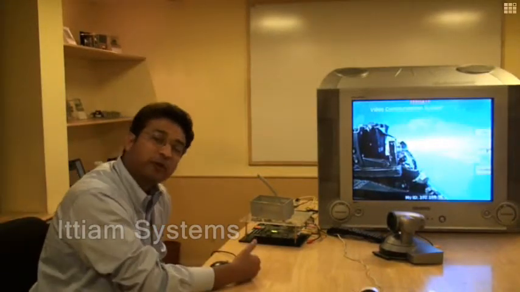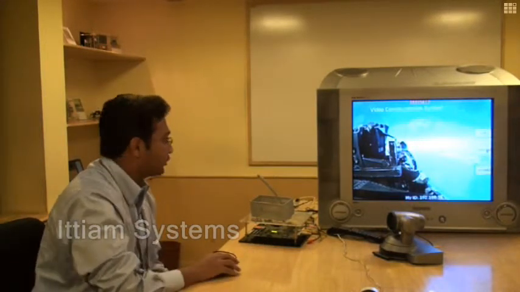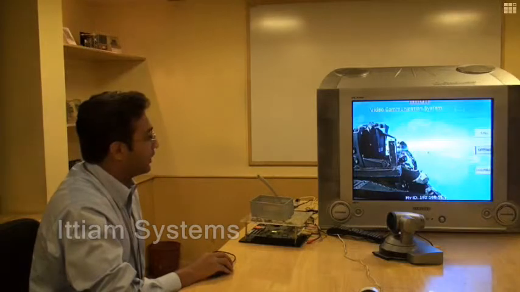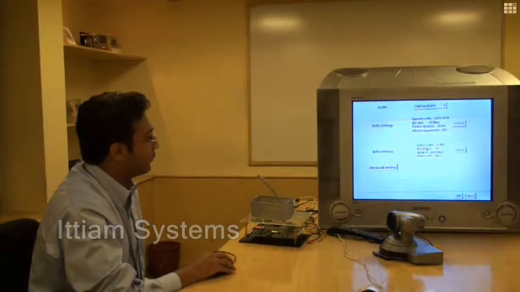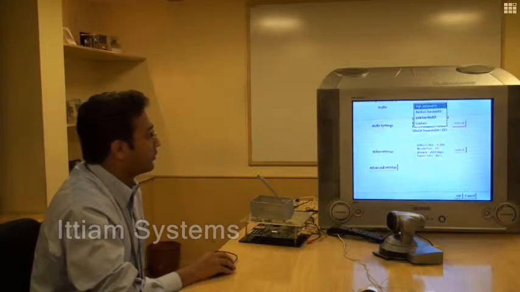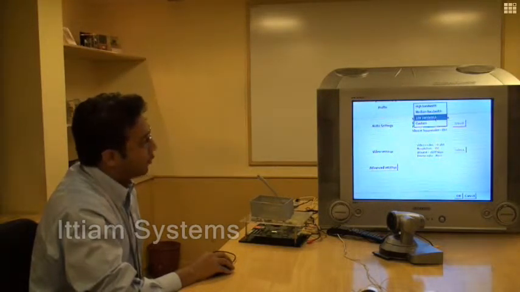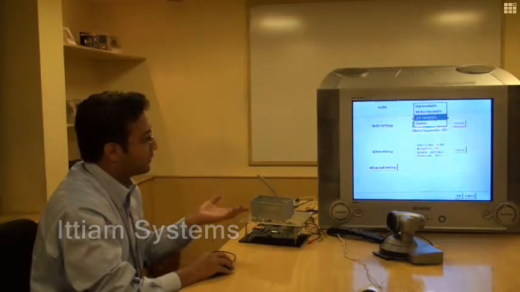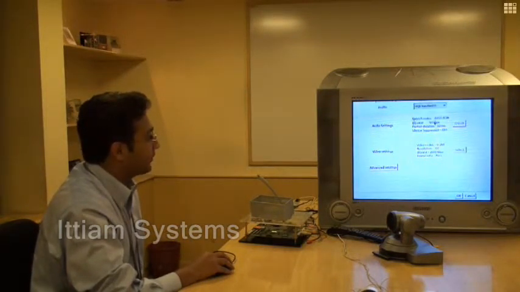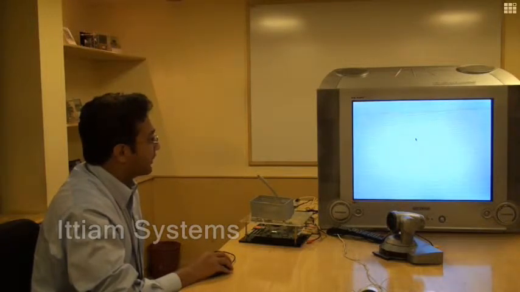So now what I am going to do is show you how bad it is without the acoustic echo cancellation. So I'm going to configure the UI. Through the UI, I'm going to configure the phone to switch off AEC. I'll also take this opportunity to show you the kind of settings that we have. So we have high bandwidth, medium bandwidth, and low bandwidth, which will set different resolutions and bitrates of the codecs. So I go to the custom, go on to the audio settings,